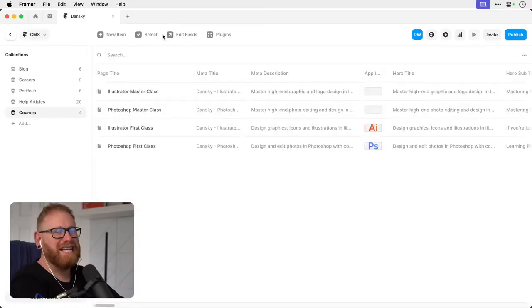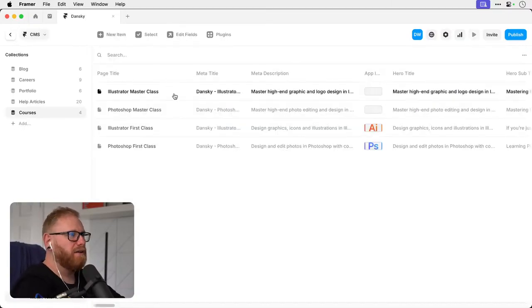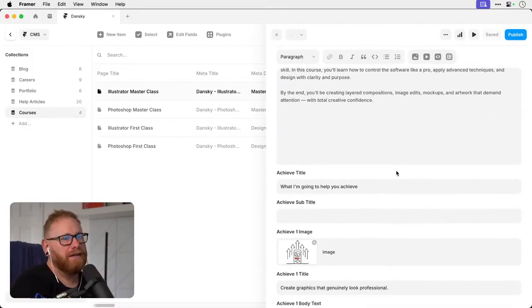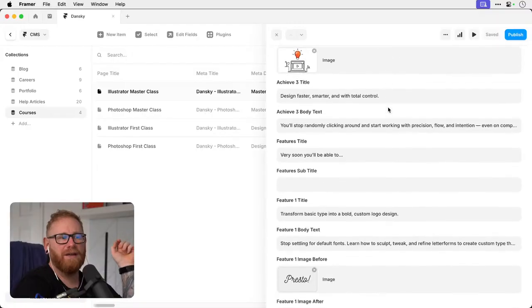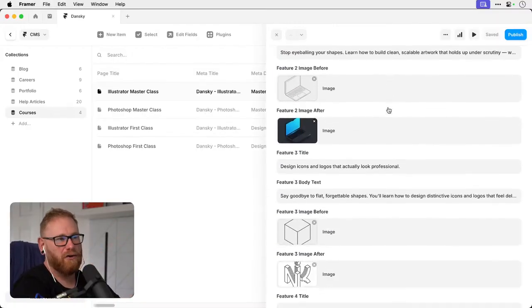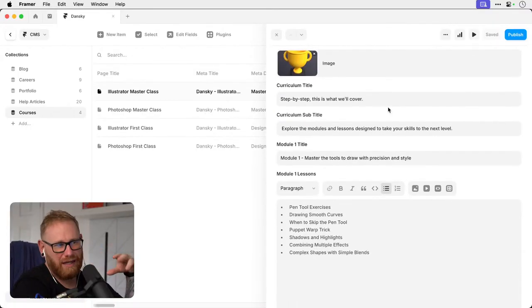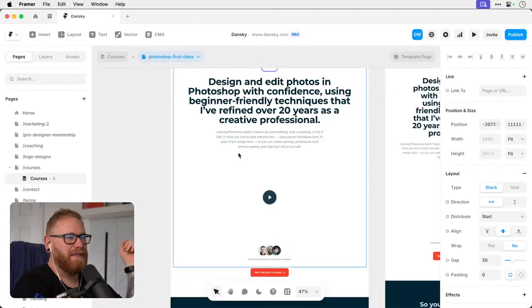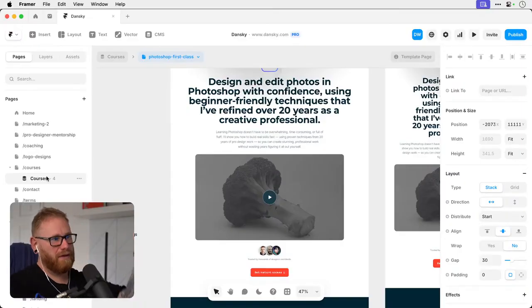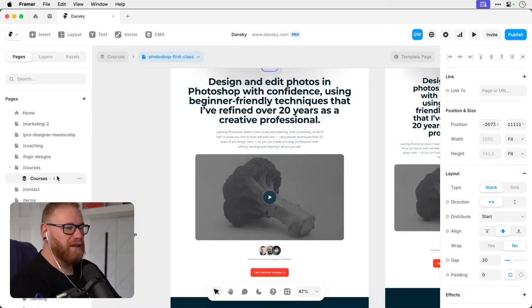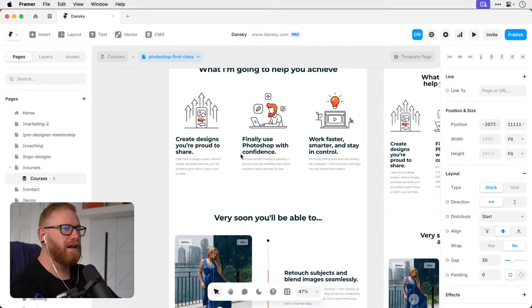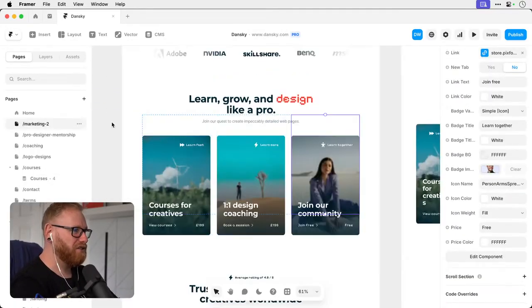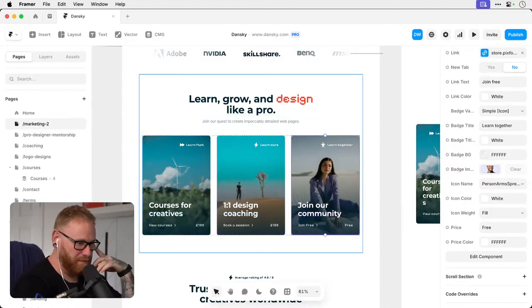So when you want to add a new product or a new course or whatever it is, you effectively have to just fill out a form here. So you don't have to mess around with the design. They all use the same design, but you set it up in a way where you just basically fill out a form, write all the text, add the images, add the pricing, the modules, all this stuff, and then it just generates a page. So when I come to updating this page, which I might do today actually, with the new style, I've only got to update one template, and then that's just going to get pushed out to all the different sales pages.